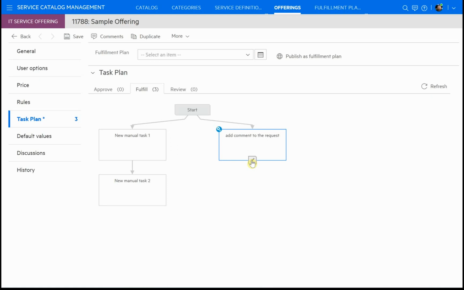Now, you can see that there is a flow of operation here. From the start, we're both going to kick off manual task 1 as well as adding a comment to the request that would be automated, so that adding a comment would happen immediately, but manual task 1 could be delayed a little bit. If we draw a line, join, and we can start to manipulate the